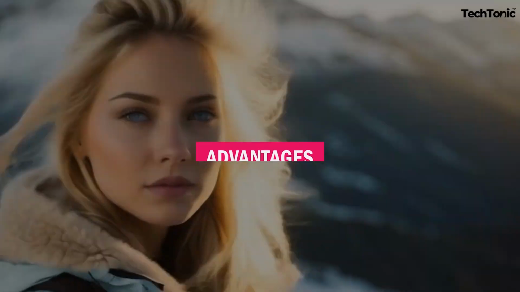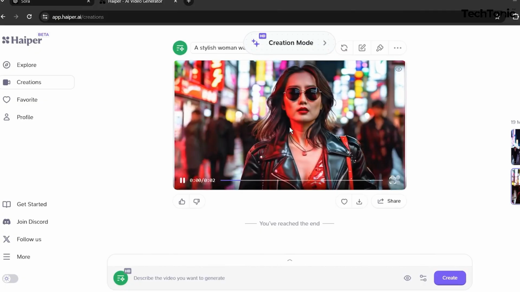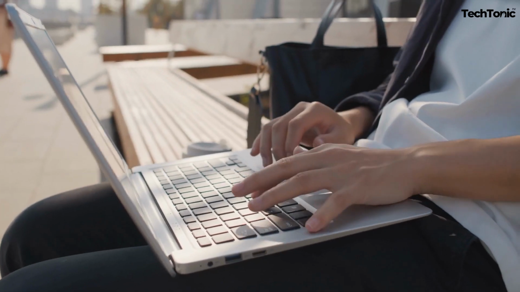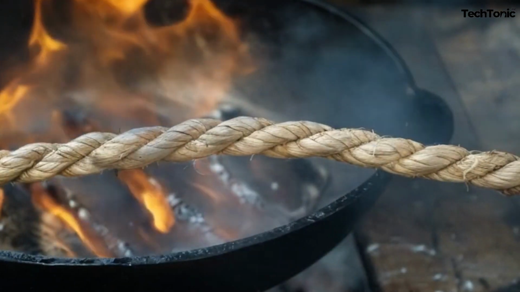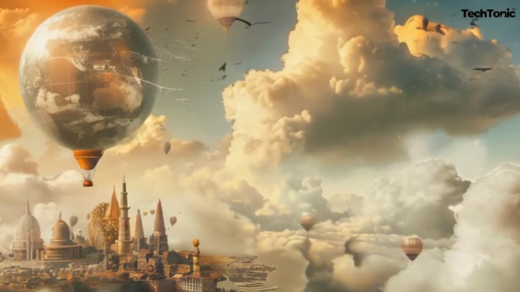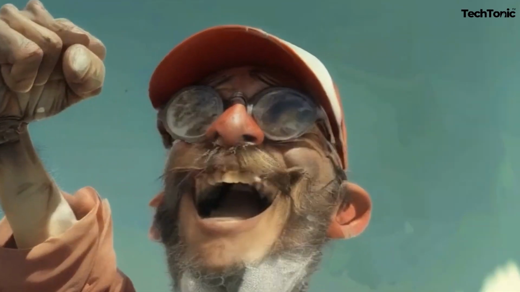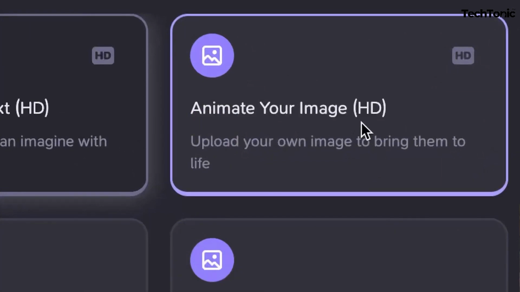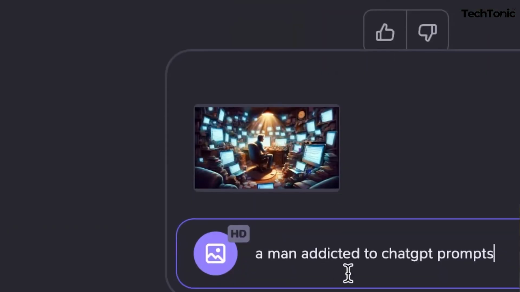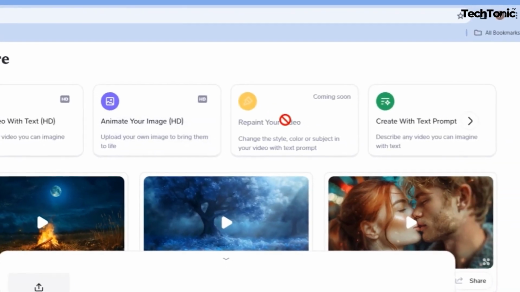Advantages. Haiper's accessibility sets it apart from Sora's closed beta model, making it a standout choice for creators of all levels. While Sora may have gained recognition for its high-quality video generation, Haiper's public demo democratizes access to its innovative tools. This means that aspiring creators, regardless of their background or experience, can jump right in and explore Haiper's capabilities